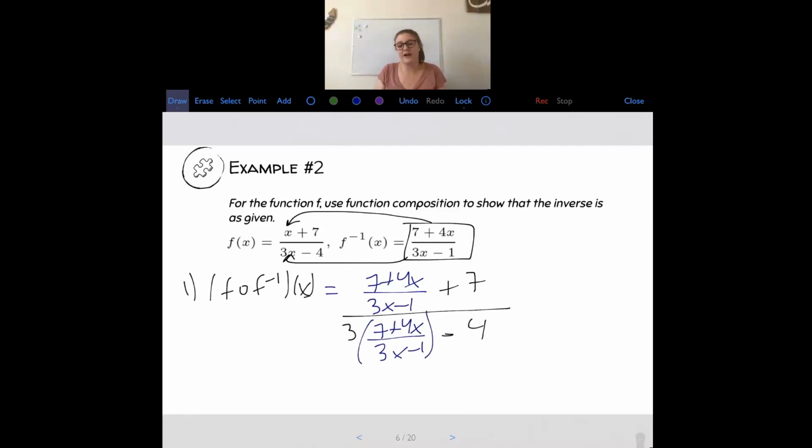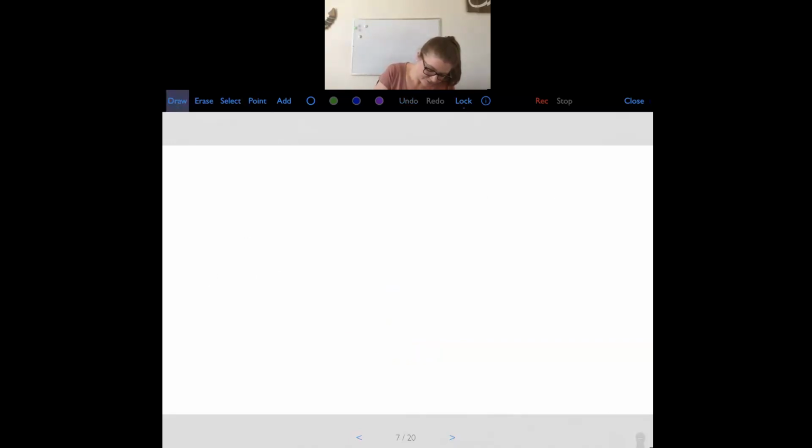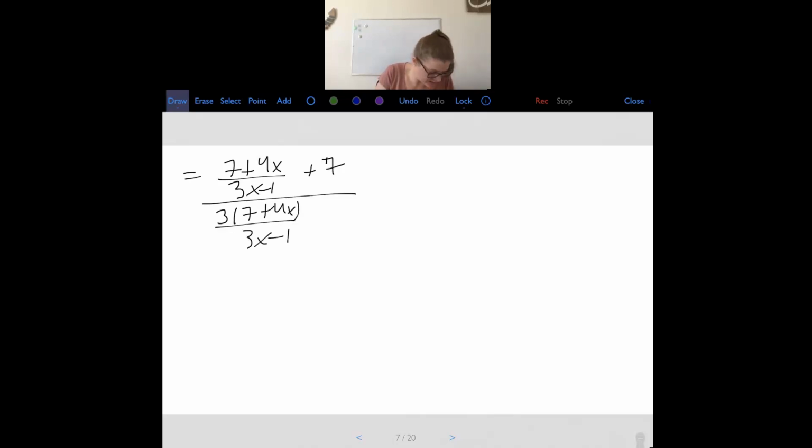Okay, so we have a lot of fractions going on here. I'm going to rewrite this on the next slide, but one thing that I am going to point out is this 3 times. This term in parentheses, you can keep the 3 with the denominator. In fact, that's where it goes. So this is 3 times 7 plus 4x. So that's what you'll see me write on the next slide. Okay, so we have 7 plus 4x over 3x minus 1 plus 7 over 3 times 7 plus 4x over 3x minus 1 minus